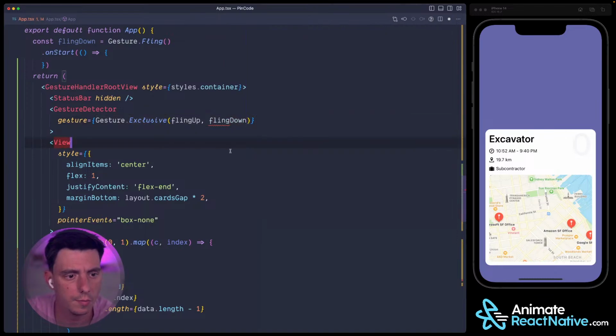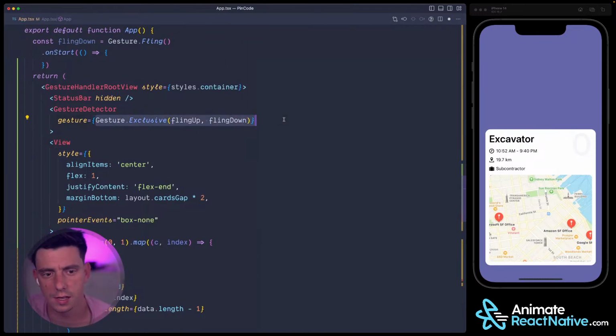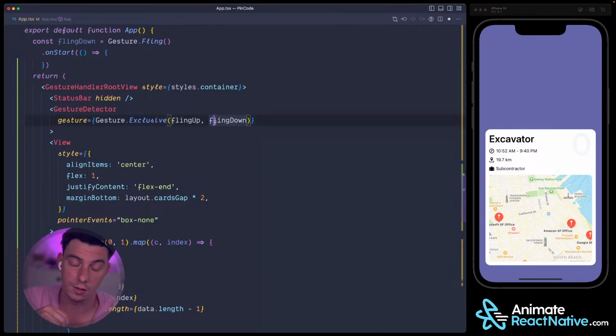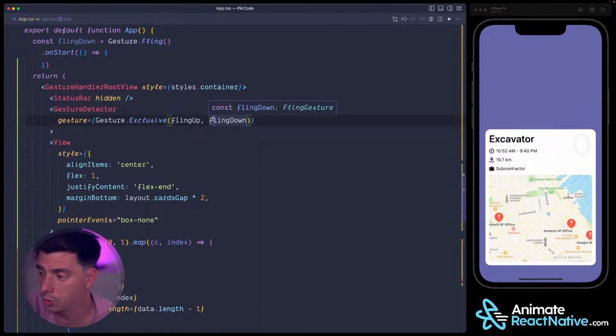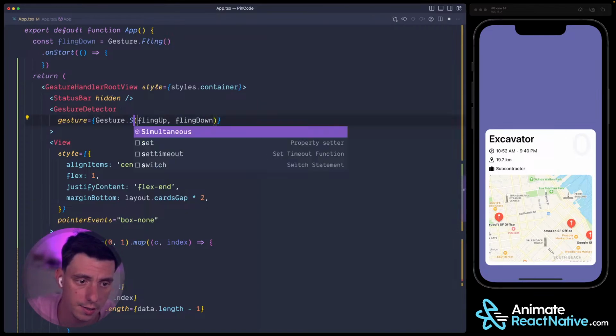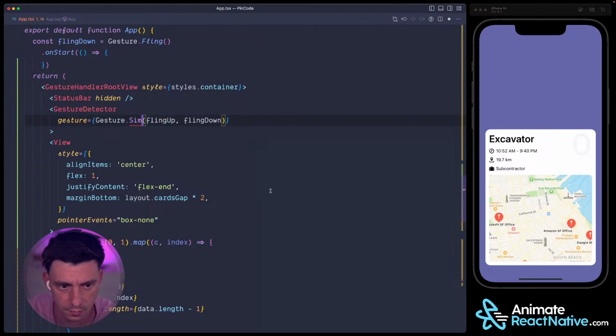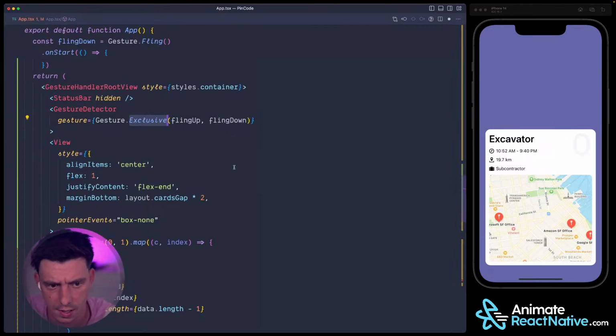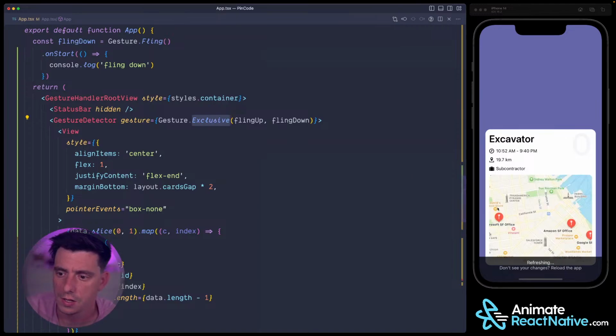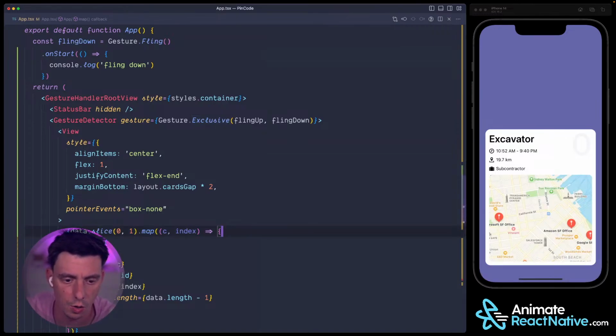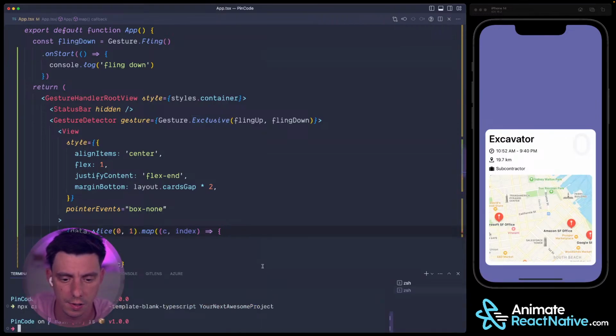Basically, this is saying it's either fling up or fling down gesture, so you cannot do both simultaneously. If you want to do both simultaneously, you can add a simultaneous here, but I would like to keep it simple as exclusive, right? So now nothing should change, but if I open the terminal here